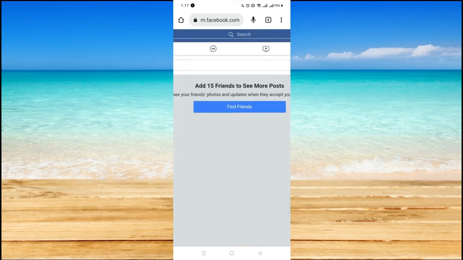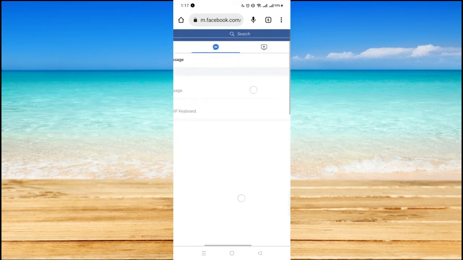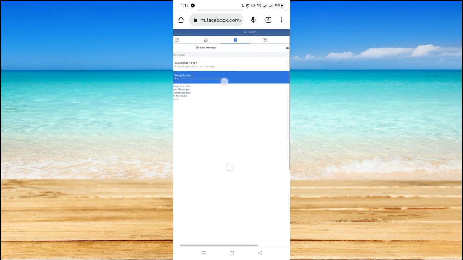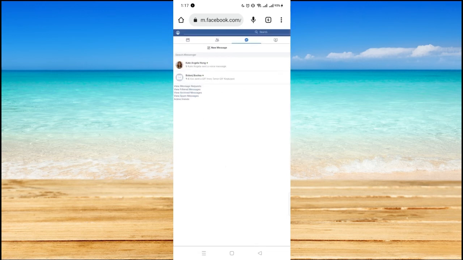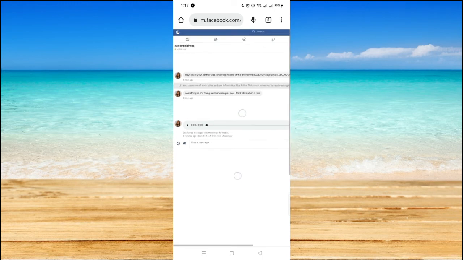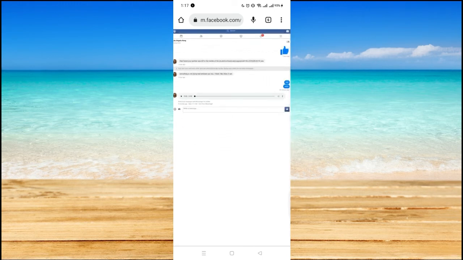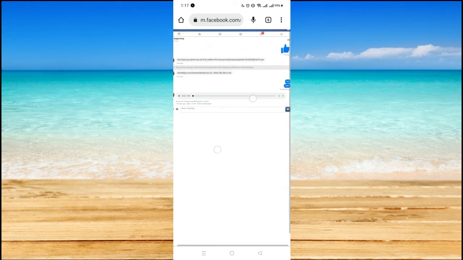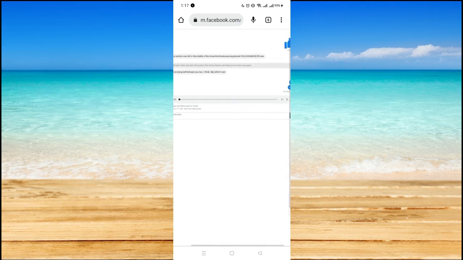So here you will see the Messenger icon. You click on the Messenger icon, then you will see basically your Messenger, but here on Chrome. Now if you click on the person's chat, here you will see the voice message that she sent me, and